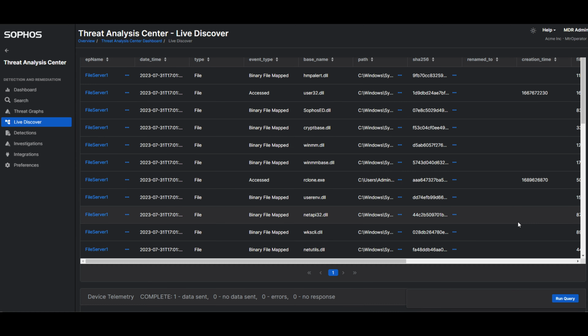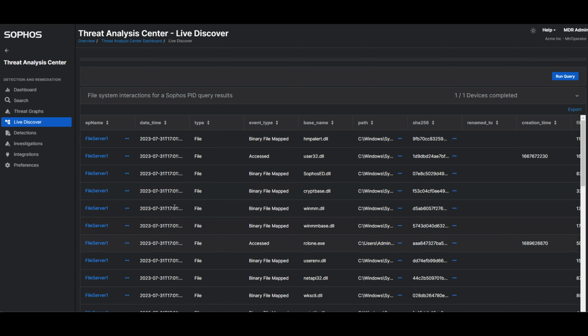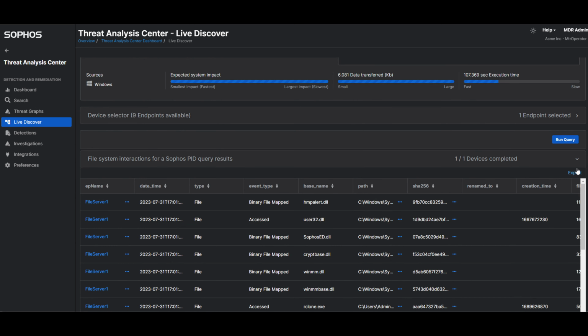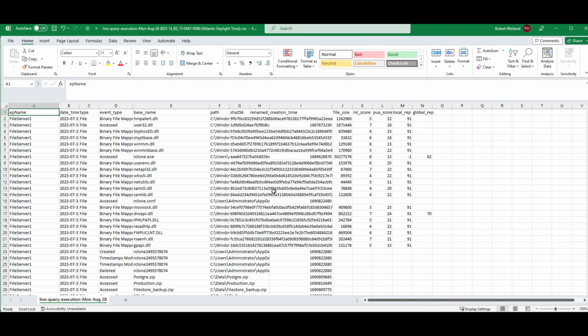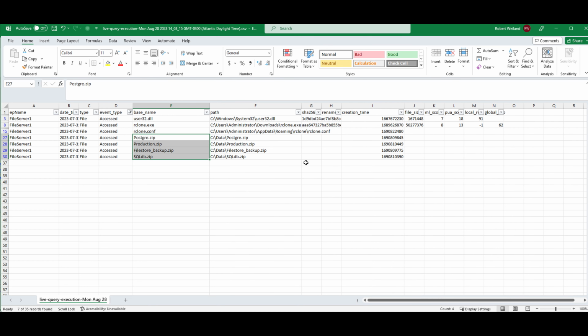So we'll run that. All right, so we got some data back here, still populating. And just because this is so much data to look at, we're going to export this to a CSV where we can manipulate the data a little easier. Okay, so now that we have the data in an Excel spreadsheet, let's filter it. And we can see here that the 4 files that were contained inside the C data directory are listed here.